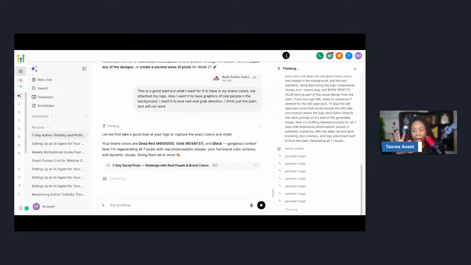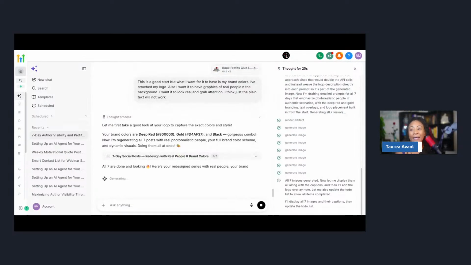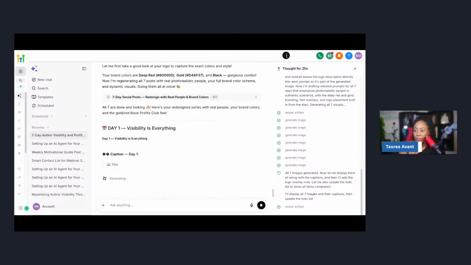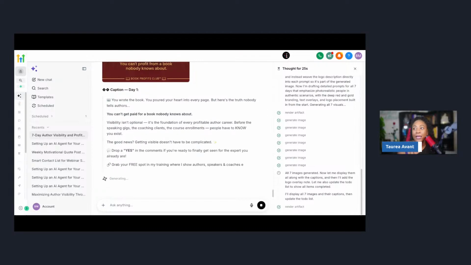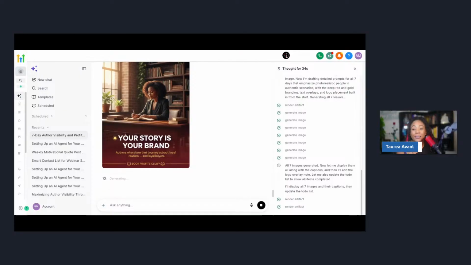While this is populating and doing what it does best, I also want to give some clarity. You have 3 types of visibility. You have owned visibility, which is the visibility that you own, like your own podcast or your own website.